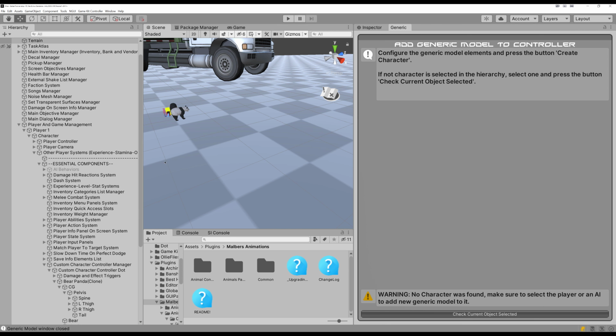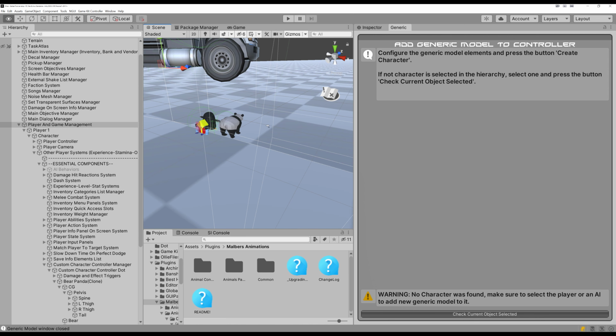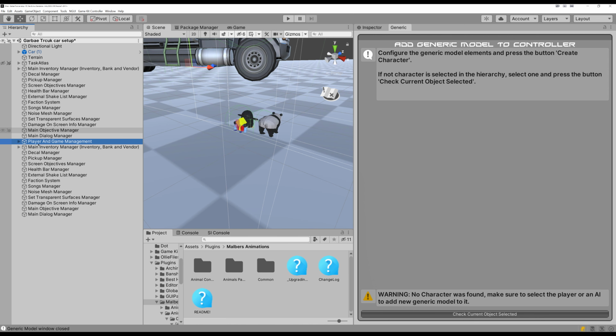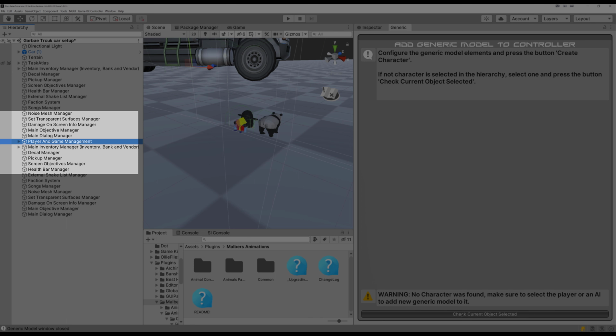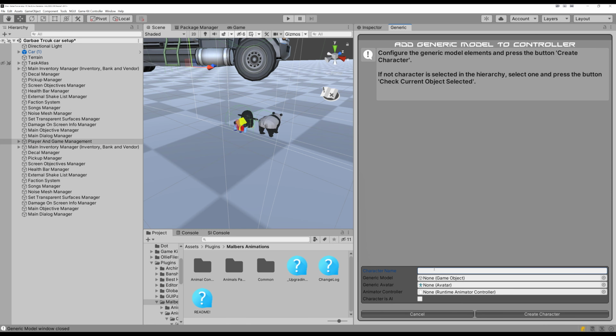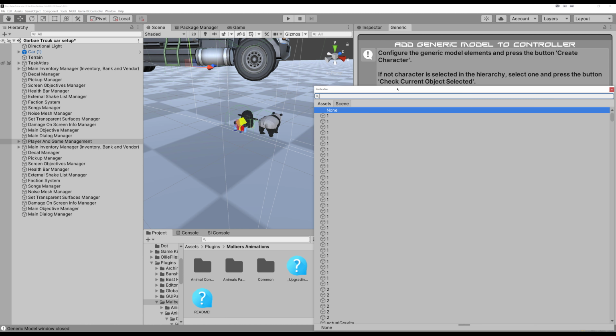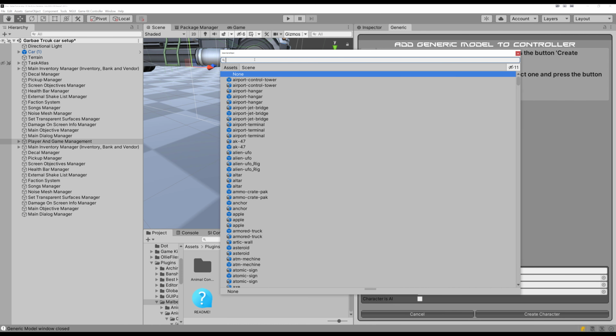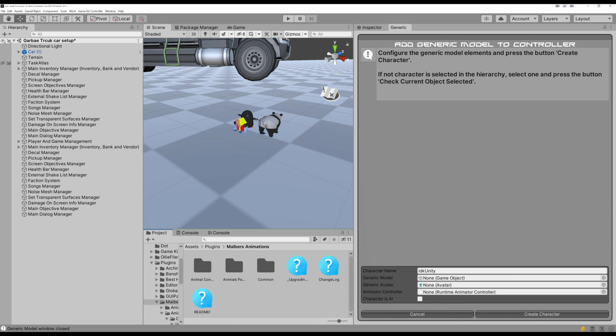Okay. So first we want to select the player and game management guy right here, and then hit check current selected object, and we should get this. So let's do, I don't know, Unity, and then we're going to choose our model. And I know it's not in the scene, but let's just take, let's go bear. Yeah, there's going to be too many for me to find it easily. So this is